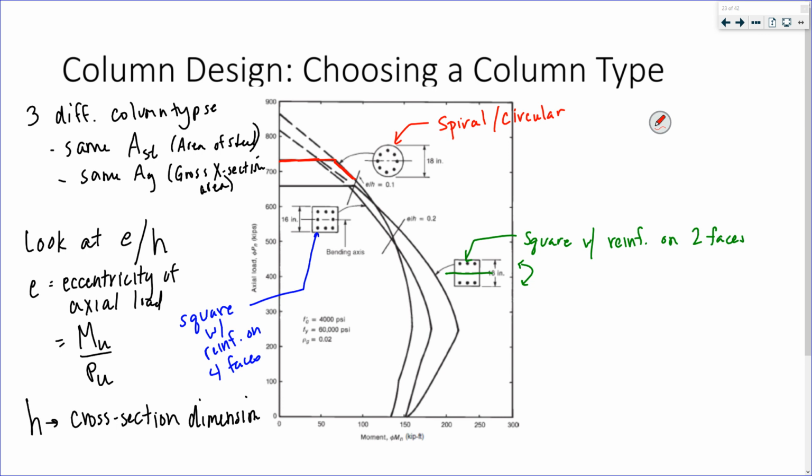So spirals are better at e over h less than or equal to 0.1. Why is that? If they have a really low eccentricity, we're looking at high axial load here. And the phi for a spiral tied column is